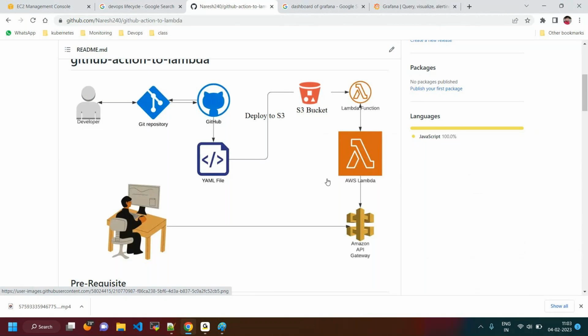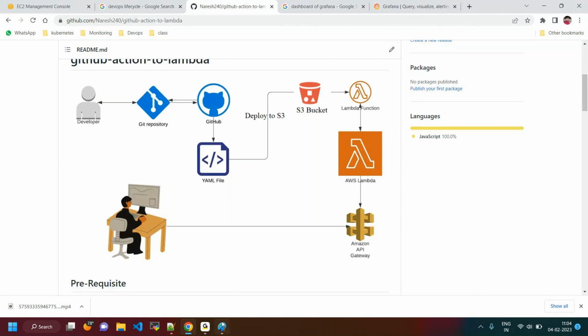For DevOps guys, there are no projects separately. We are going to be working on the scenarios. I will show you how the DevOps guy is going to be working within the organizations. Because of that reason, I'm not saying that we are going to be discussing the project. We are going to be discussing real-time scenarios.